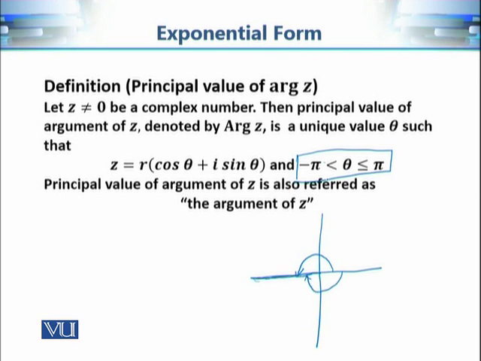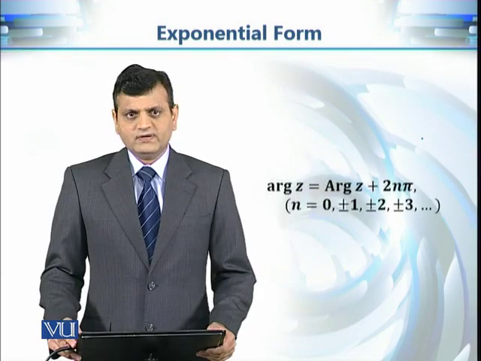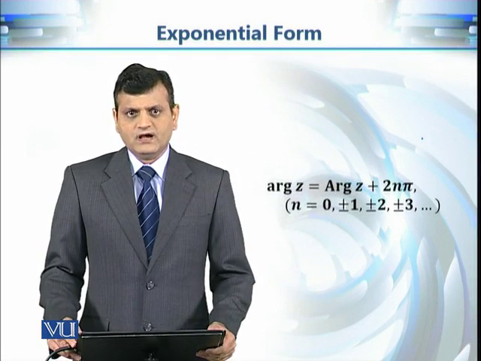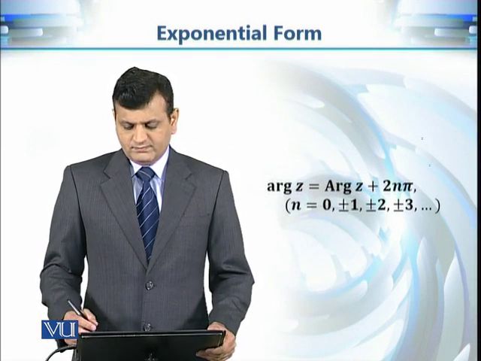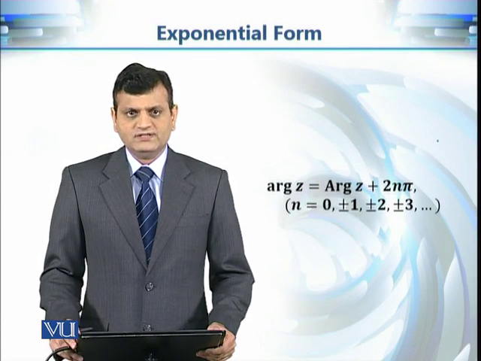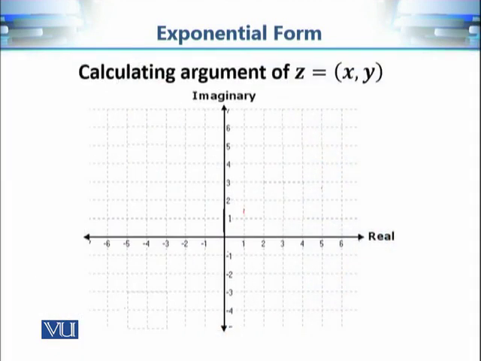And the values of theta for which theta lies in this interval are known as principal value of argument of z, or we just simply refer to them as the argument of z. So we can say that argument of z is equal to the principal argument plus 2n pi, where n is any integer. Now let's see how to calculate the argument and principal argument of a complex number. So given a complex number,